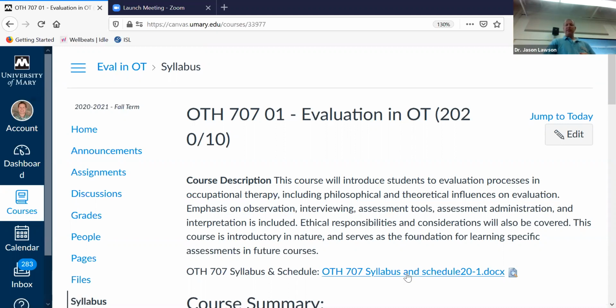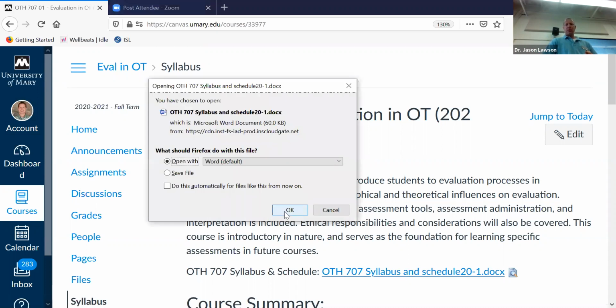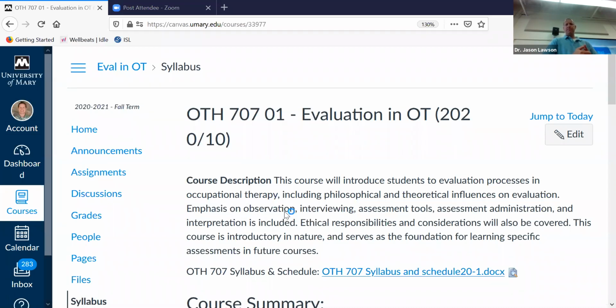When I click on the syllabus and schedule, okay, you'll see here that this is a 3-credit course, and so we're 2 hours a week, but we also have a 2-hour-a-week lab section, okay? And so here are some office hours, the course format, those sorts of things. I covered the course description already. Mission statement, Benedictine values,